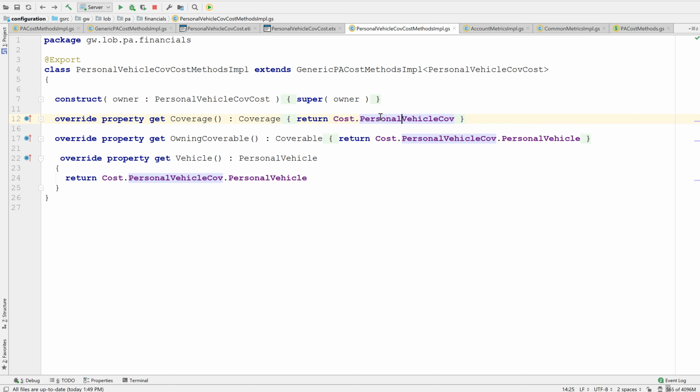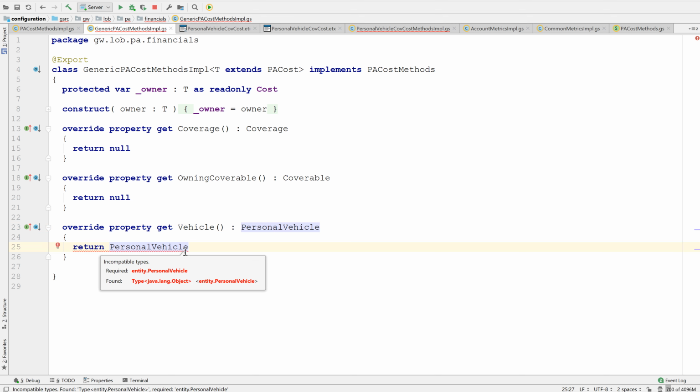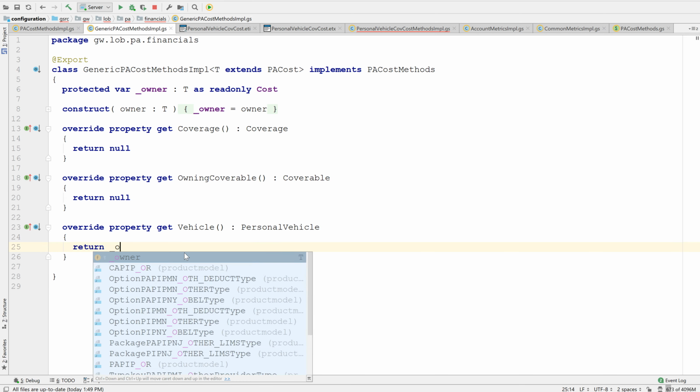So each coverage will have a corresponding cost. From cost, it's a foreign key to vehicle cow again. So this is how we can utilize. Let's suppose you are not going to utilize this vehicle. Okay, you want to utilize the value which is present over here. As of now it is null, but if there is something there, return, what I can say like this, it is there. Okay, it's not an object, it is throwing an error. Let me keep something else, then underscore owner